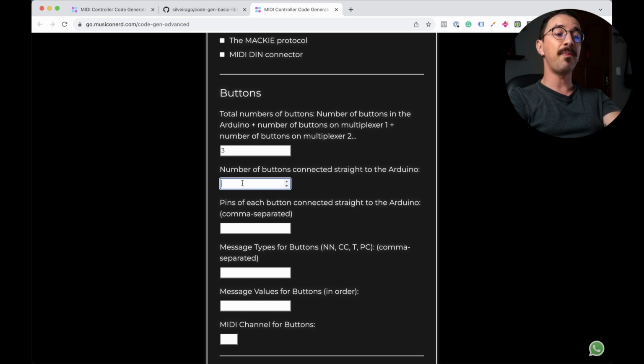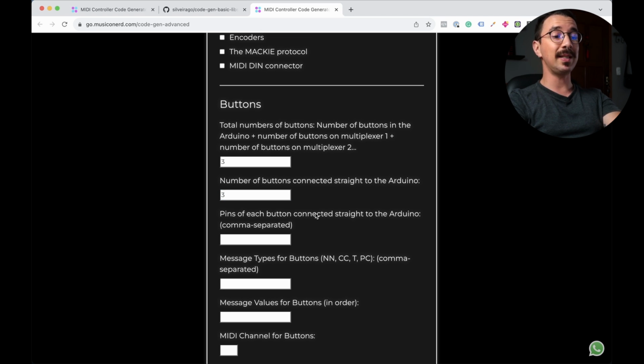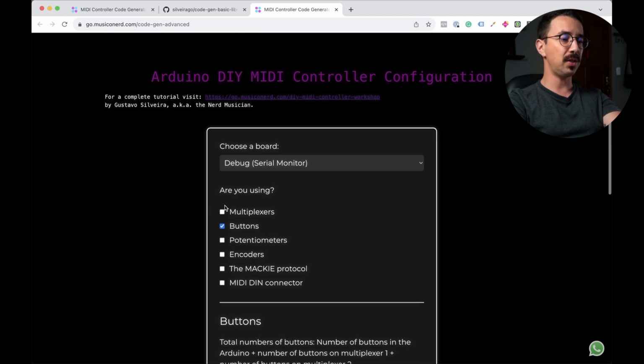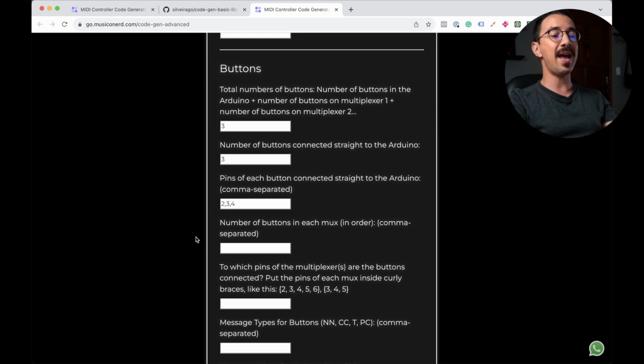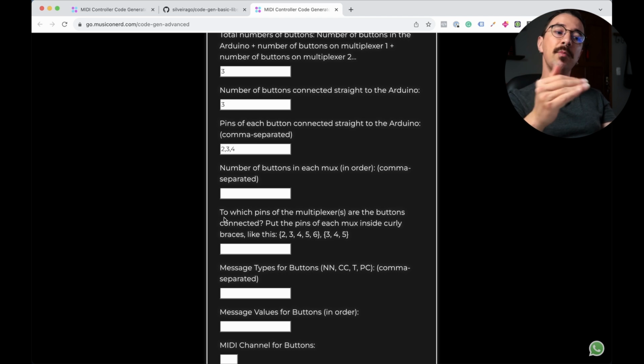Then, number of buttons connected straight to the Arduino. So we have 3. And then pins of each button connected straight to the Arduino: we are on pins 2, 3, and 4. If we had multiplexers, we would have the option for the number of buttons in each multiplexer and also to which pins in the multiplexers they are connected.